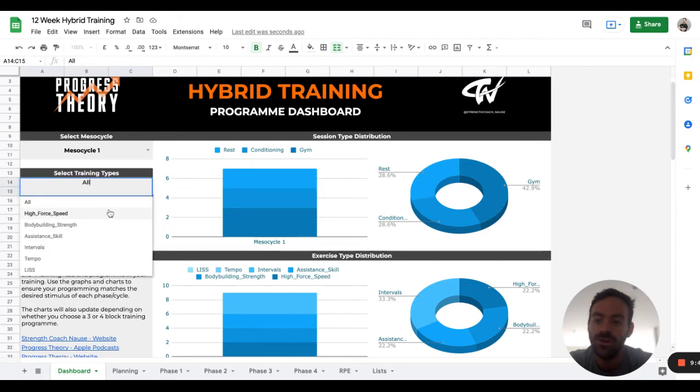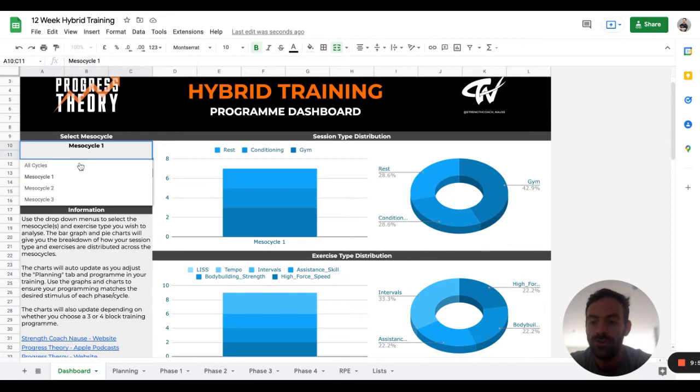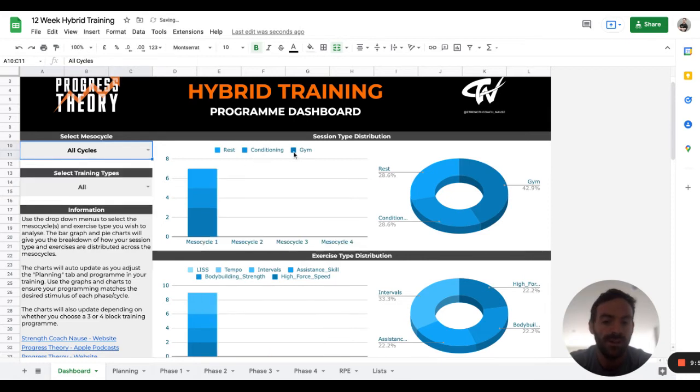You can also look specifically at high force, high speed. So if we had more mesocycles programmed, I could look at how much percentage of high force, high speed I have programmed across each mesocycle. I could also do that for the conditioning, gym, and rest distribution. So this gives you a nice idea of what you are favoring and how much of what you're actually